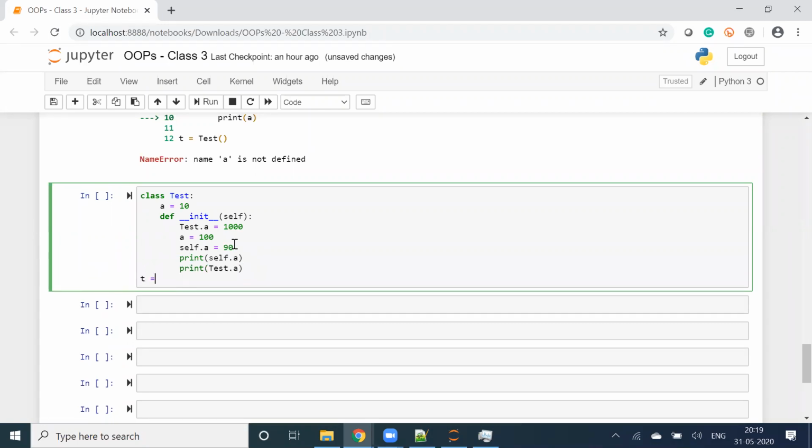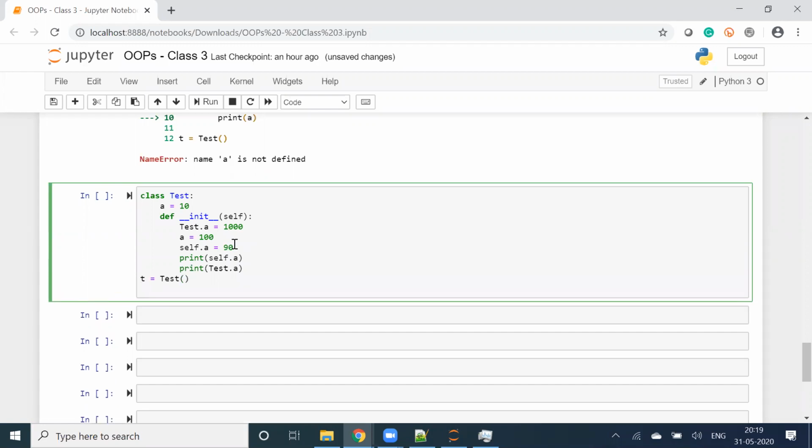Now tell me what will be the output of the prints. The first one is self dot a, the second one is test dot a. What will be the output?